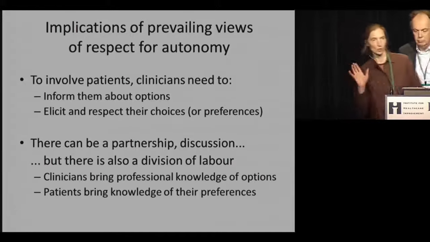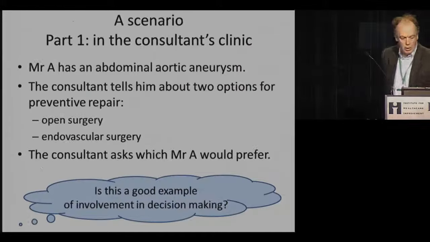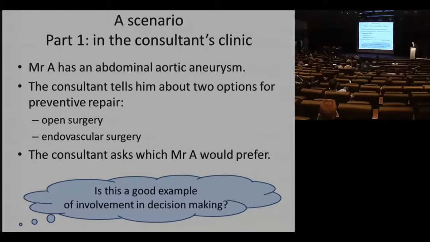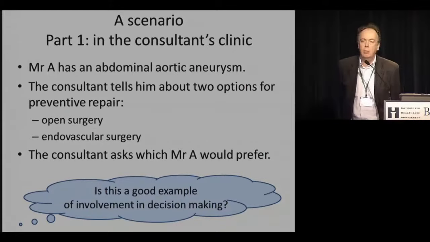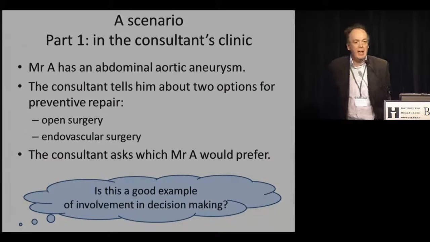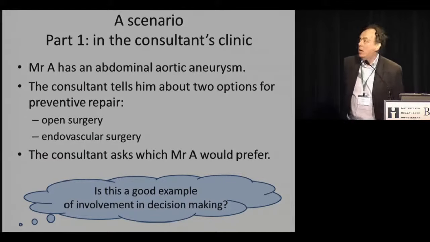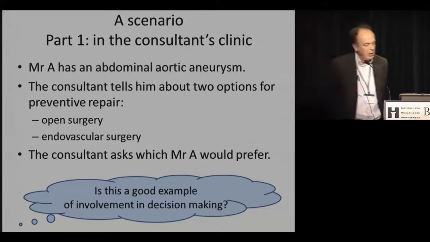Might be a bit simplified, but a concrete example. Okay, so as Vikki says, I'm going to go through a very simple scenario. We've chosen the area of a patient with an abdominal aortic aneurysm. It could be a number of conditions, but we're just using this for purely illustrative purposes. And in many ways, I've grossly simplified the scenario. So we have a patient, imaginatively called Mr. A, and Mr. A has got an aortic aneurysm.